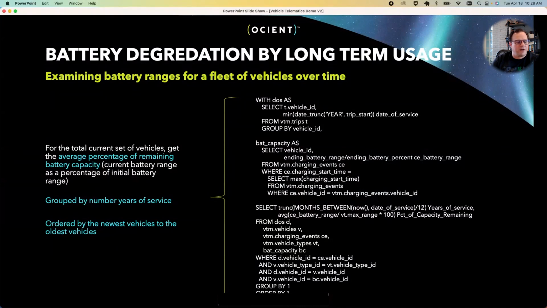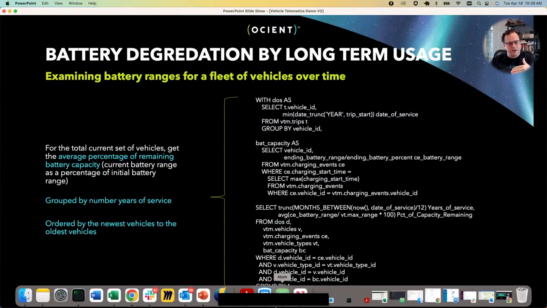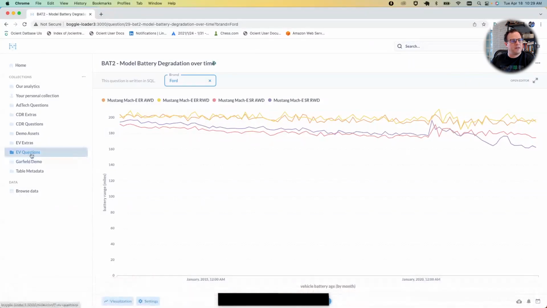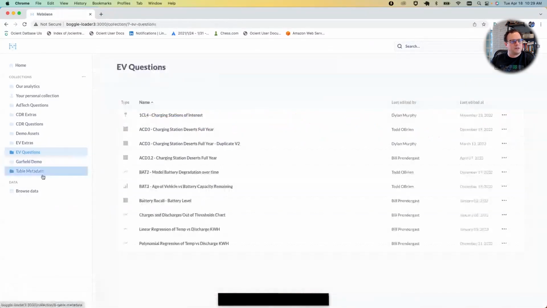Based on those years of service, and based on all of the 250 billion trip points and all of their battery levels and the charging events, how is that capacity changing over time for the entire fleet? So let's take a look at that one.